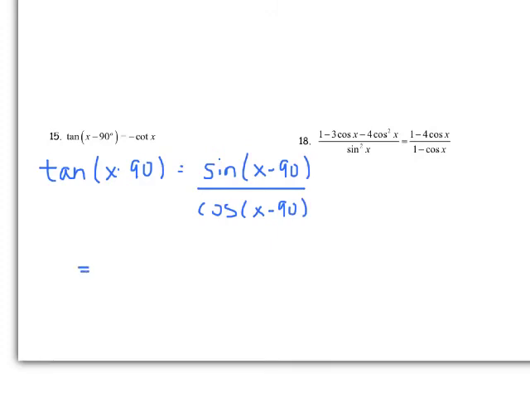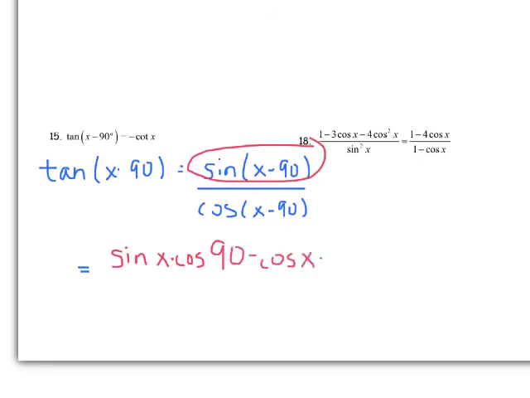Sine of x minus 90, looking at your formula chart, is sine A minus B: sine A cosine B minus cosine A sine B. So I'm going to expand that. That becomes sine x times cosine 90 minus cosine x times sine 90, all over